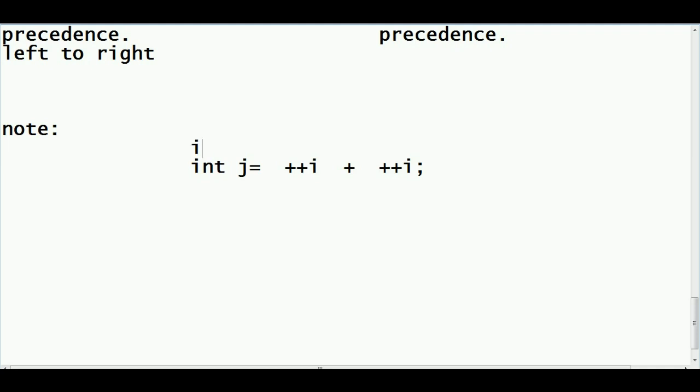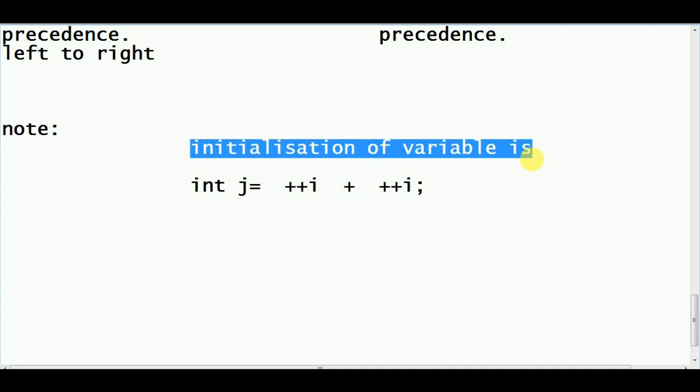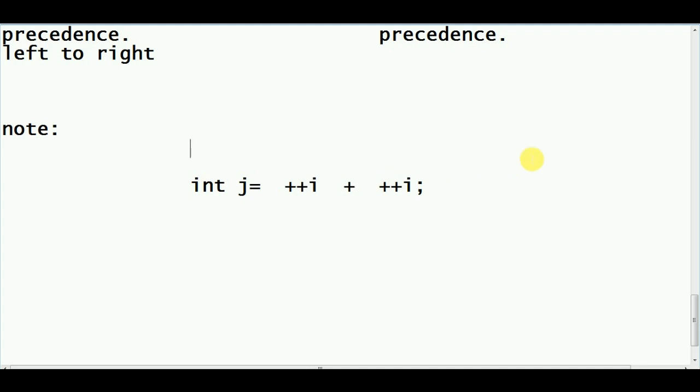Okay, same, another expression I will write. If I write I plus plus instead of plus plus I, then what will be the output? Plus plus I is 6 plus. What is I plus plus? I plus plus means post, it takes the same value 6, but I value is 7, plus I. What is plus I? Already 7, it takes 8. 8 plus 6 plus 6, then what is the answer? 20. Right? You understood?